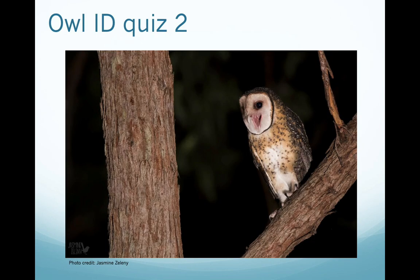So our second owl ID quiz is going to be between two Tyto owls that are commonly confused, the eastern barn owl and the Australian masked owl. Again, I'll give you 10 to 15 seconds to have a crack at the ID yourself before I give you the answer. This first bird is obviously an intermediate form Australian masked owl, but unfortunately, I'm going to have to